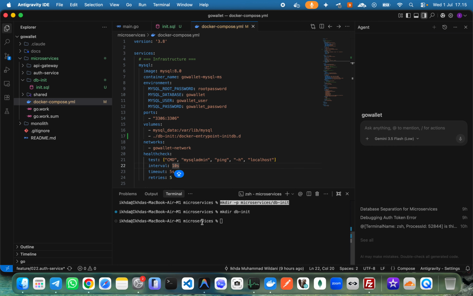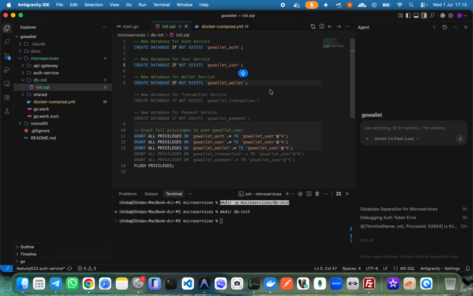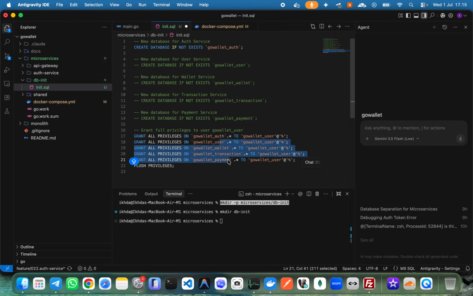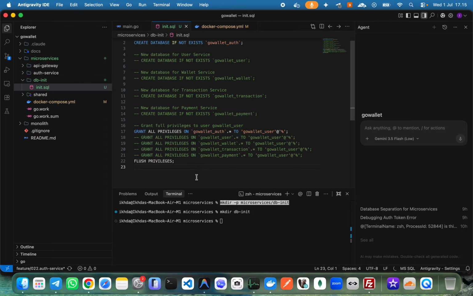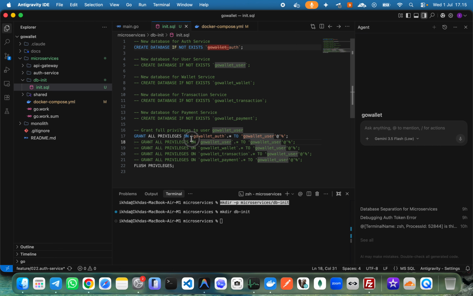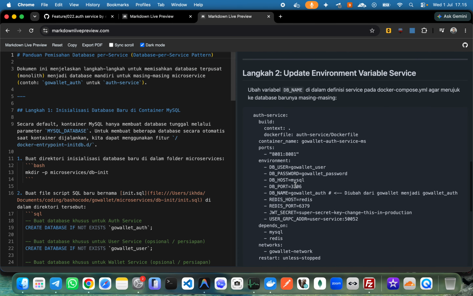db init. Okay, I think for now no need yet for this one. I think I just need to make sure that, yeah, this one, yep. Because we only need the user, the Auth first. This is to grant the privilege, and I wanted to docker compose at the, wait, we need to update the environment